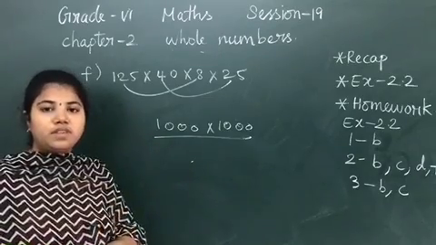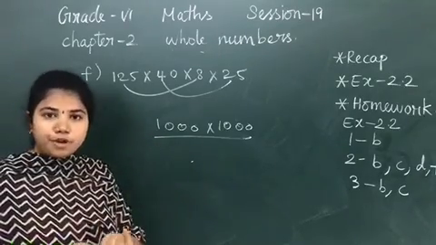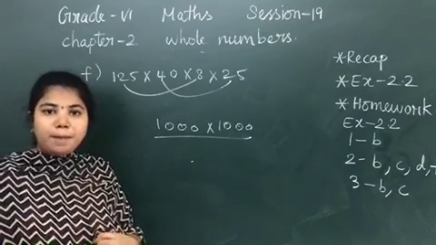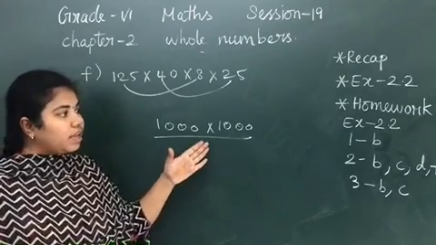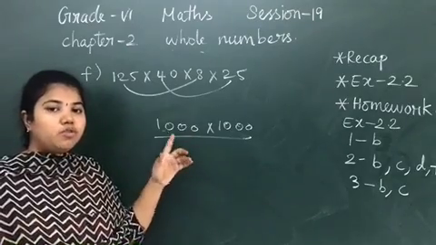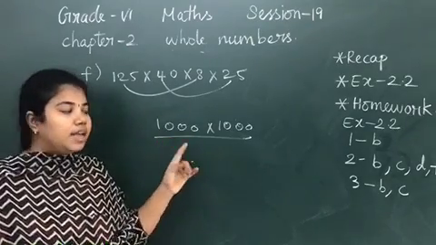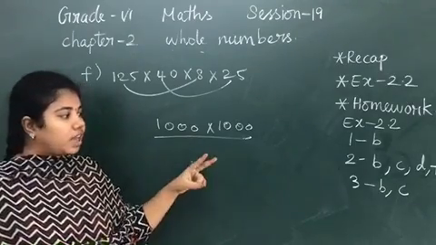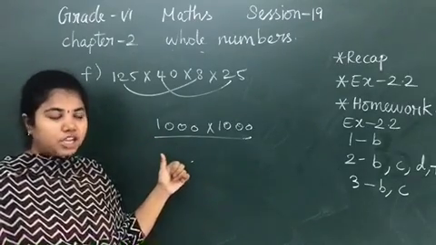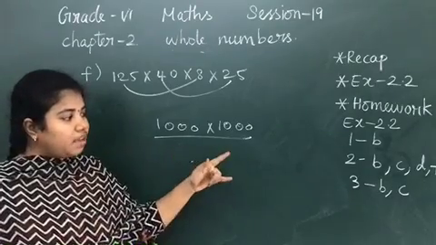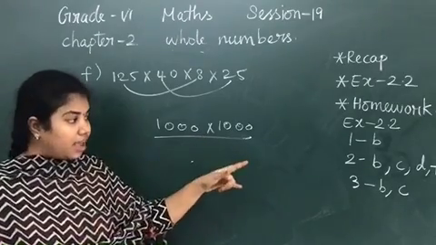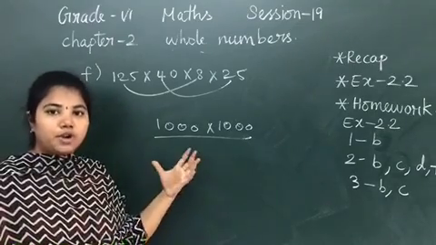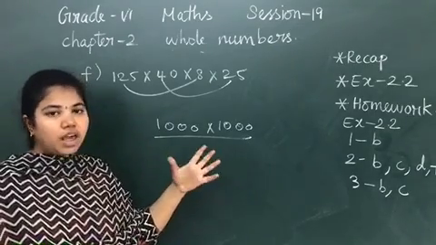Today in this session, what did we see? Now, the distributive property. What is the distributive property? A into B plus C is equal to A into B plus A into C. And we have seen exercise 2.2. First sum, suitable rearrangement, you are going to add. A sum I have explained, B sum I have given a hint and you are going to solve at home. And second, it is product, multiplication. A sum I have explained; B, C, D, yes, F is your homework. I have given you the total hint along with the answers, but you have to solve at home. E also I have explained, okay.